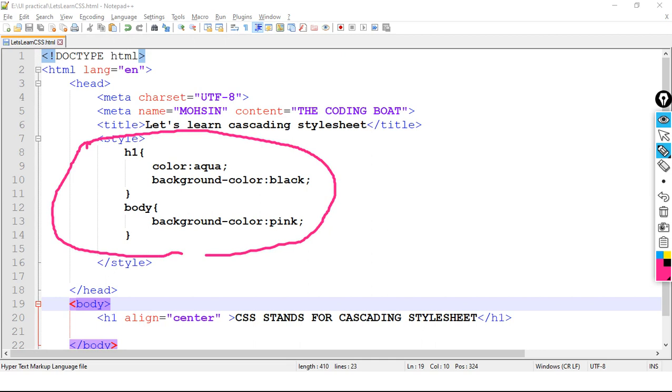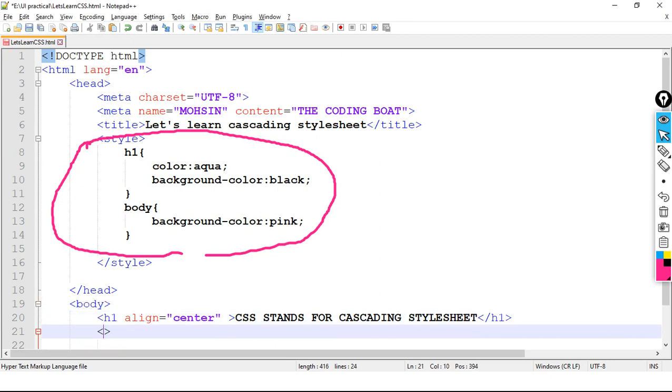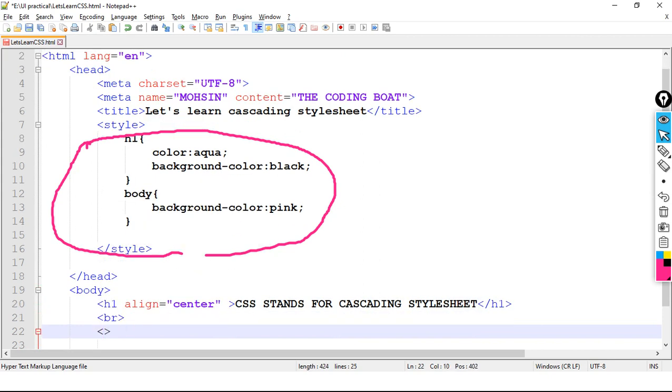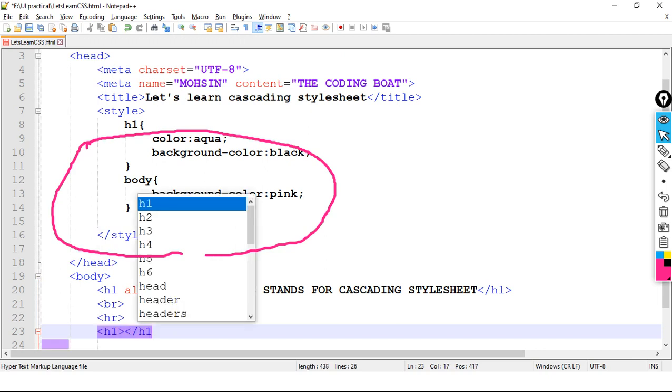Okay. If I take another h1 tag, generally in every HTML document there can be only one h1 tag, but for practice purpose I am showing one more h1 tag. Okay, h1 opening and closing h1.